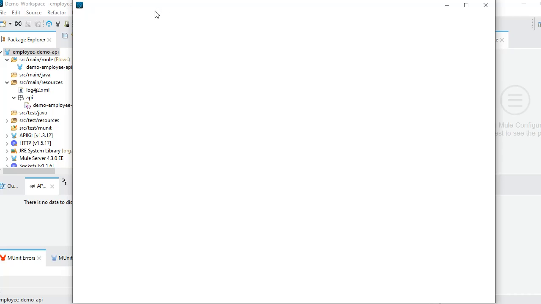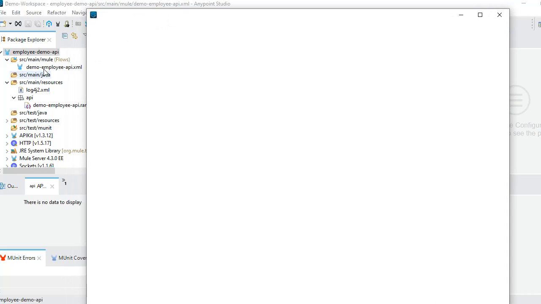We will see that second method later. For now, you can just deploy it from Studio directly. Right click on it, Anypoint Platform, select deploy to CloudHub. It will open up a deployment window for you like this. Let's wait for one more minute.